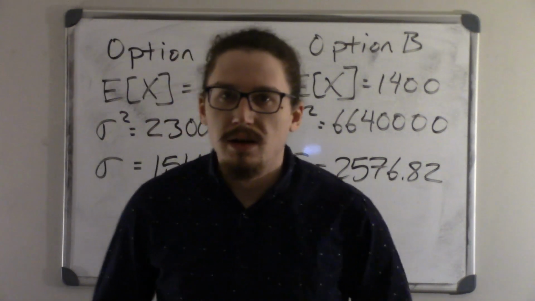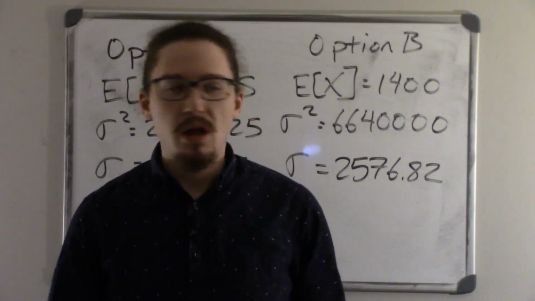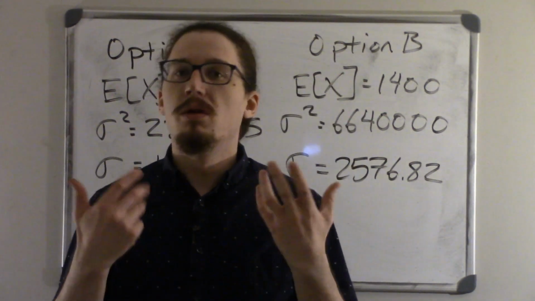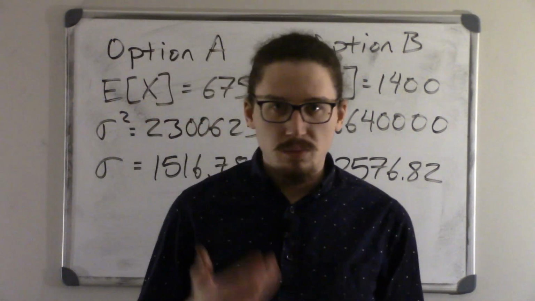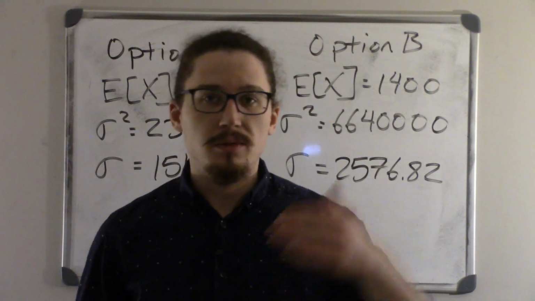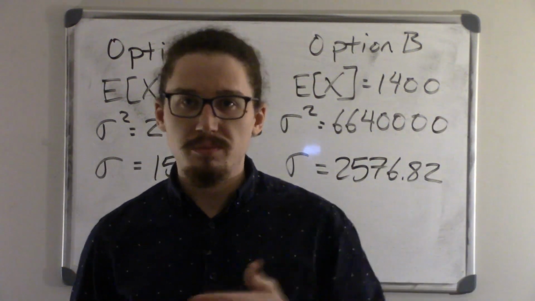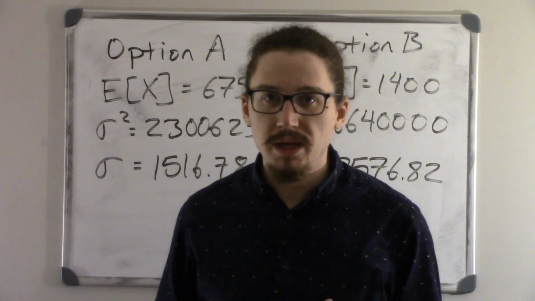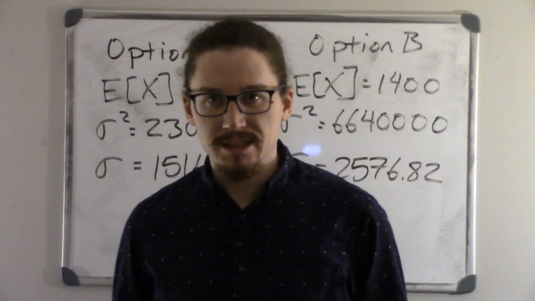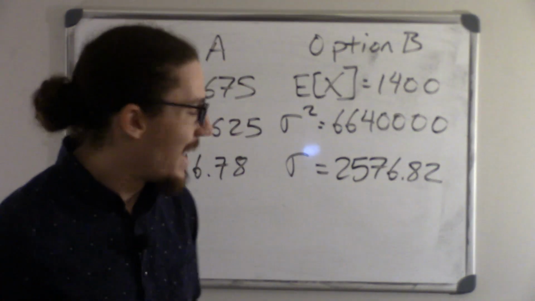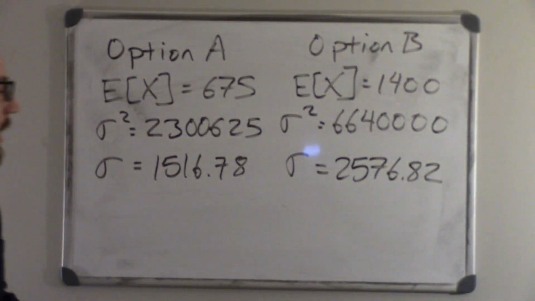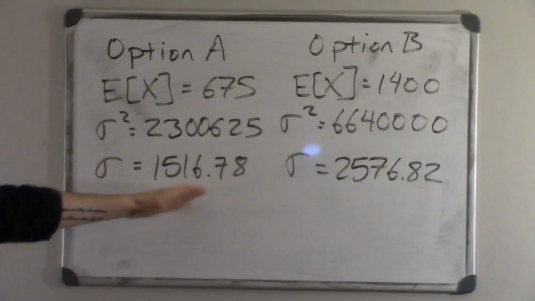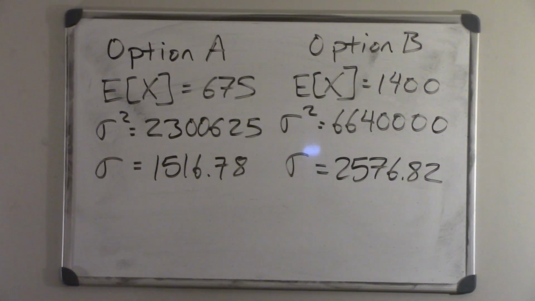If we have a lower variance, and this is true for standard deviation as well, the higher the variance, the higher the standard deviation, the more volatile whatever we're looking at is. The more we're going to see larger swings, larger movements around the mean, and so you're going to have less consistent profits with a higher standard deviation. And so here we can see the standard deviation for option A,